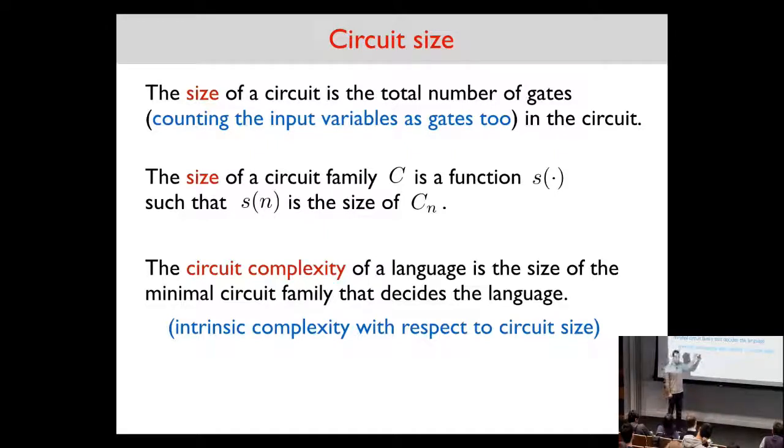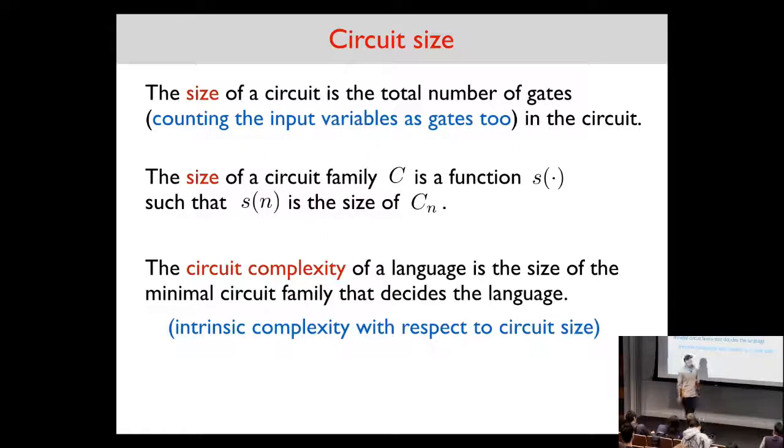Because we saw in intrinsic complexity, you don't necessarily have to have an algorithm that has the best running time. So you could have a family of algorithms that gets better and better and better in terms of big O. But in this case, that's not a problem. So circuit complexity,